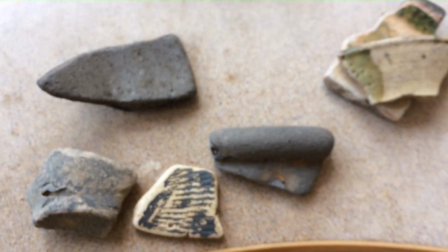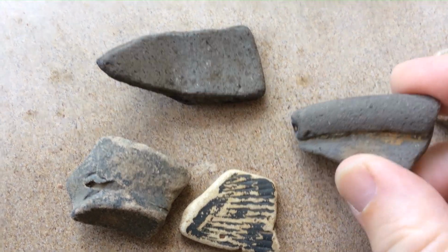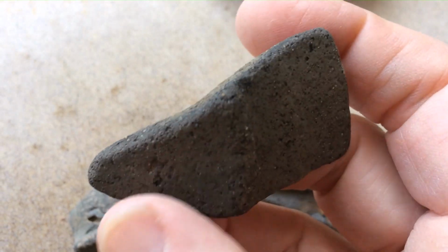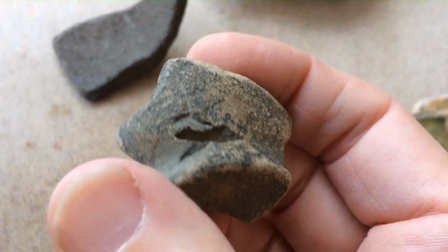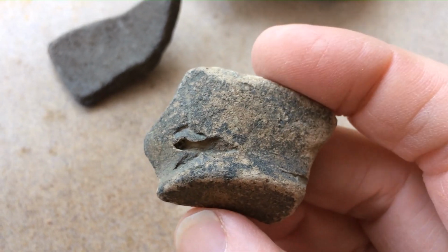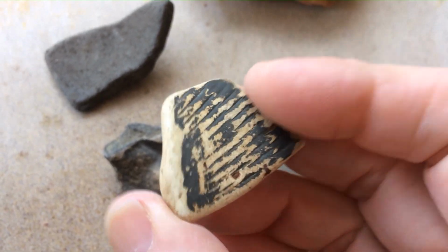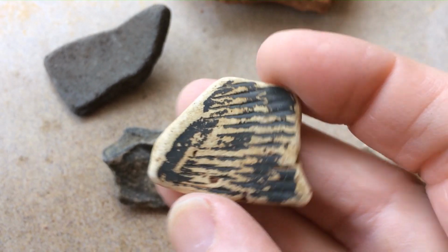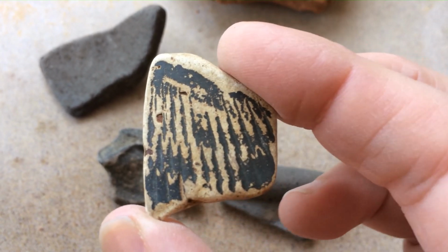But I did find 4 pieces of Roman pottery. So we have a nice rounded grey ware rim. That wasn't a rim in the end, it was a base. So the base of a little grey ware vessel, Roman again. Whoops. The base of a little beaker, maybe colour coated, but it's all worn off now. And my best little Roman find, a bit of colour coated vessel there, quite worn, but you can see the decoration that they've just done, a little series of lines on it all the way round,